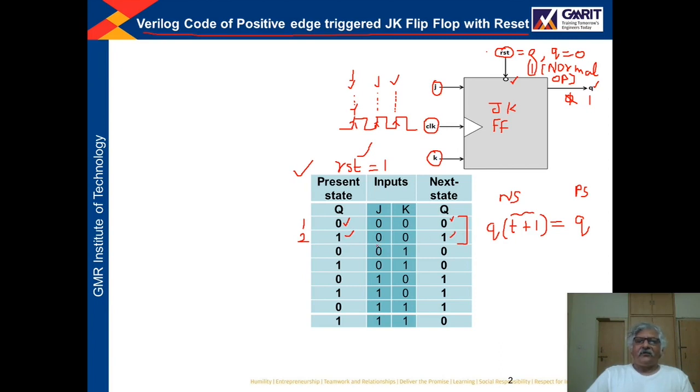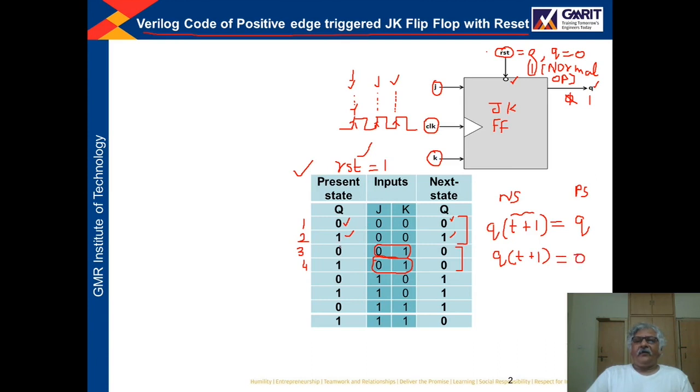Okay, now we see the next two conditions when the J and K inputs are 0, 1. See here, J is 0, K is 1. Now in these two conditions, row number 3 and row number 4, if J and K inputs are 0, 1, then the next state Q(T+1) will always be 0.